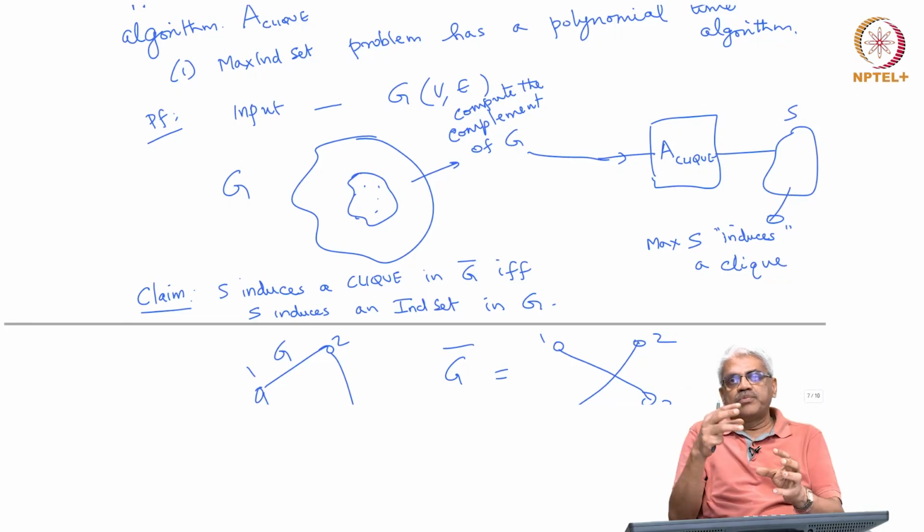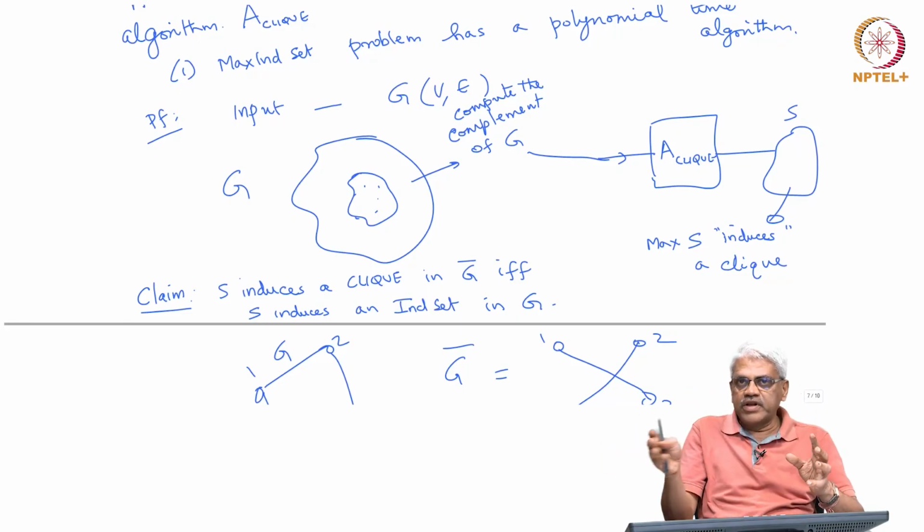Conversely, if you have an independent set in the original graph, there will be an edge